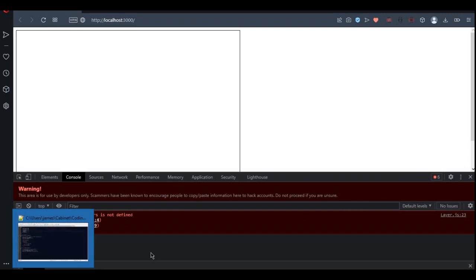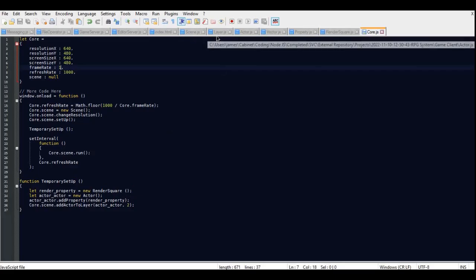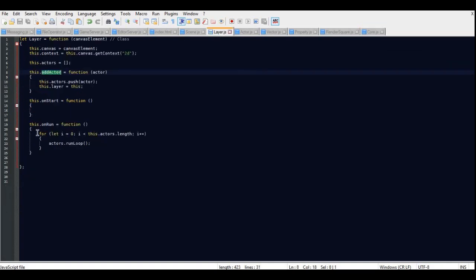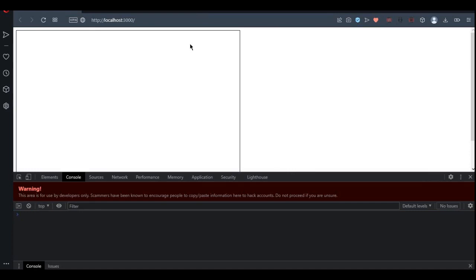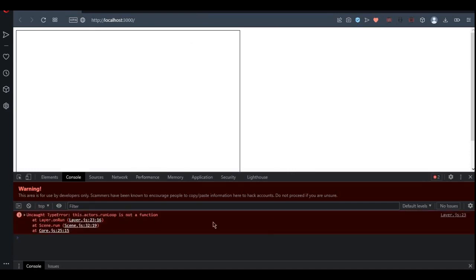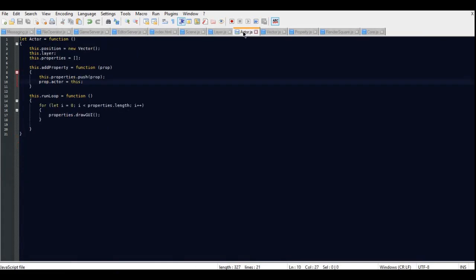On 23 of layers, actors is not defined, because it's this dot actors. Run loop is not a function, 23 of layers. Run loop is not a function of actors apparently. Which is